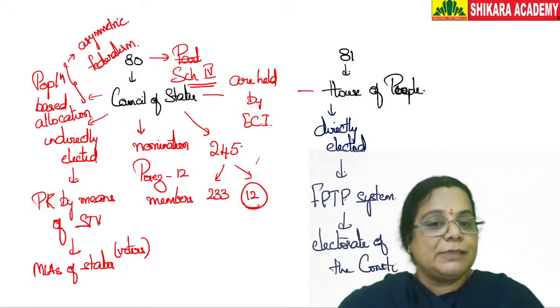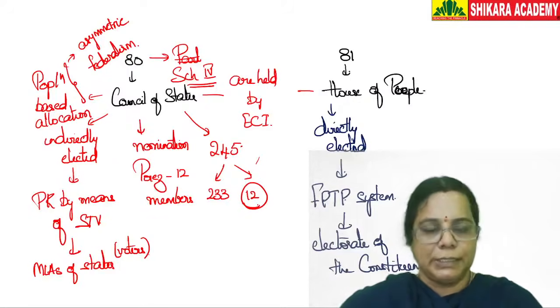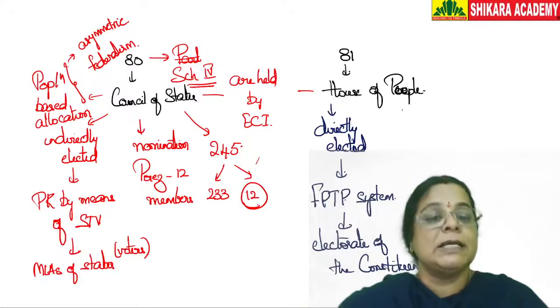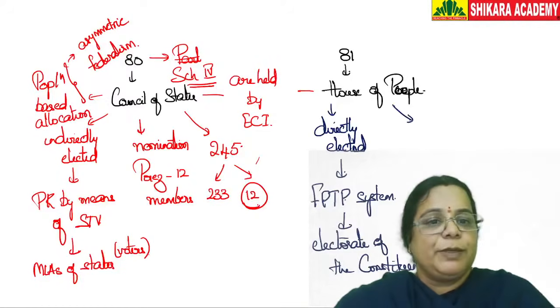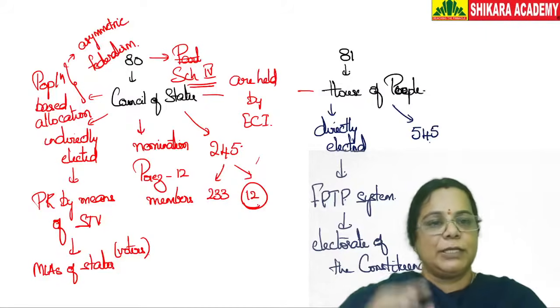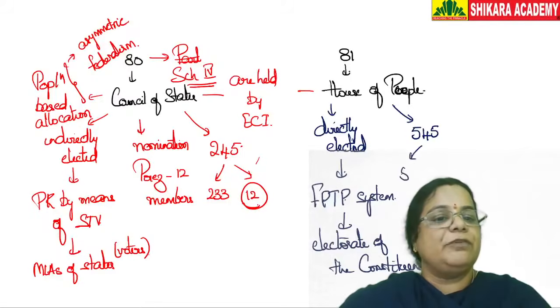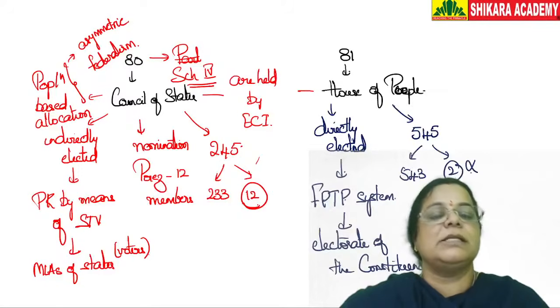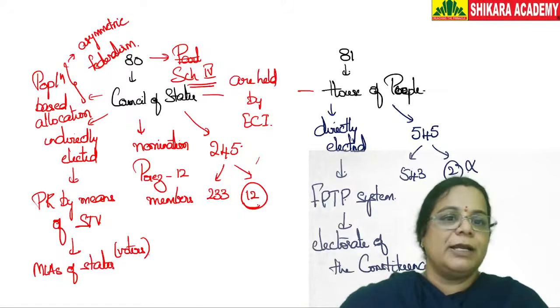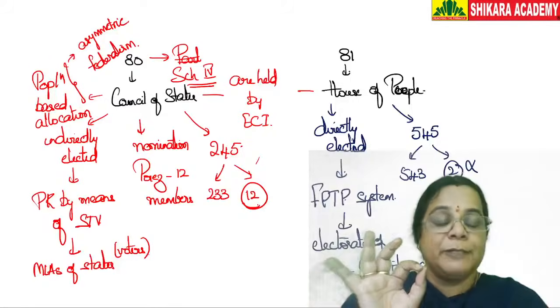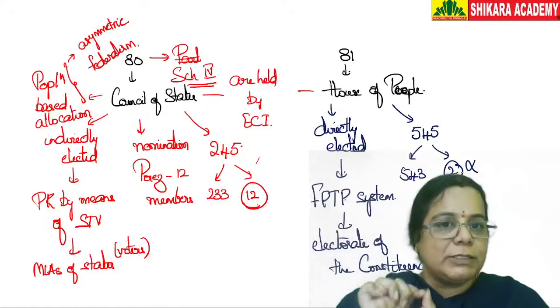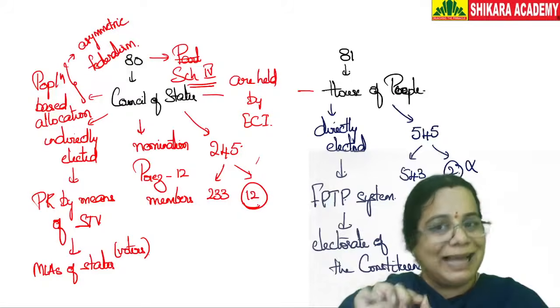Also, please remember that I'm going to give you a small comparison of these two once I finish with the basic details. Remember that the House of the People will have 545 seats. Actually, its strength is 552, but we have 545 seats. Earlier, we had 543 seats elected and two nominated, but nomination is now discontinued. We no longer have nomination of seats in the House of the People. It has been discontinued by the 104th Constitutional Amendment Act.